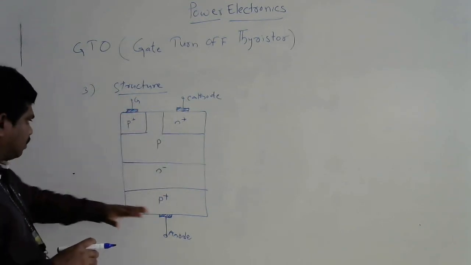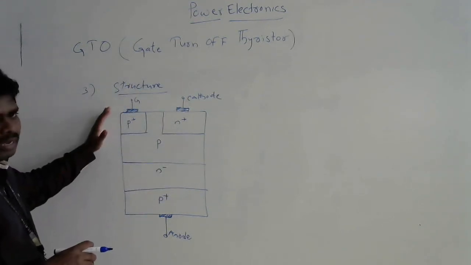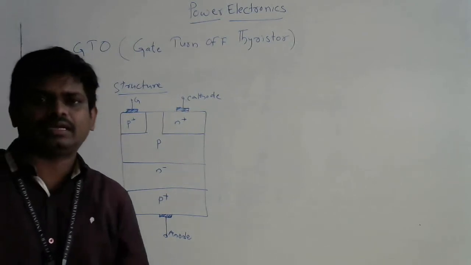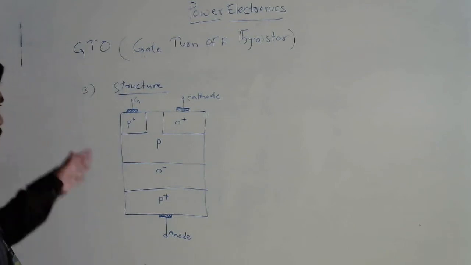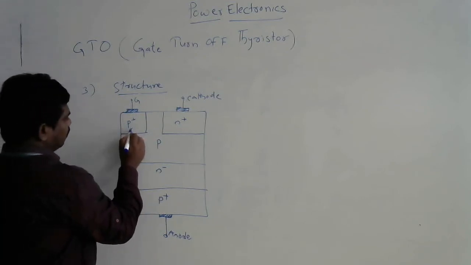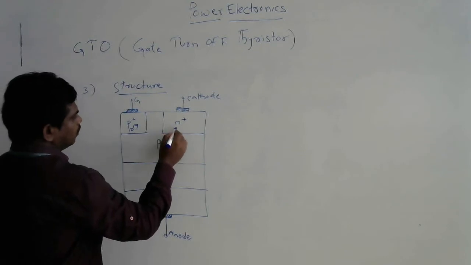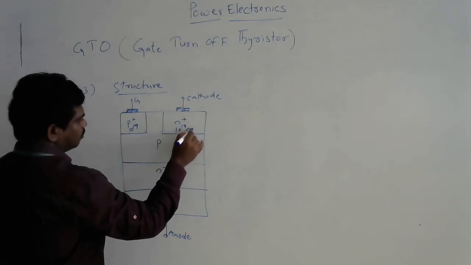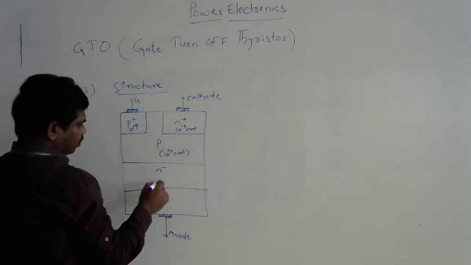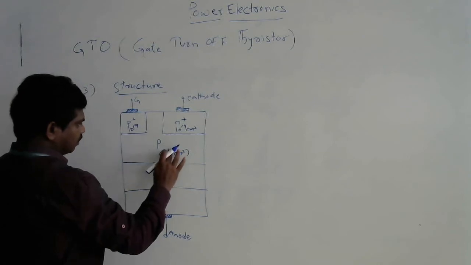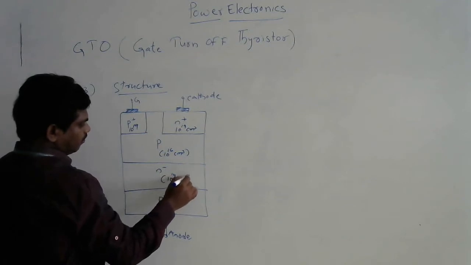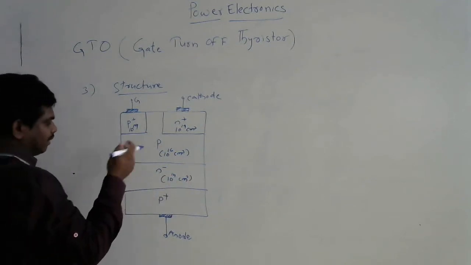This is the way that we are going to make the dopings in GTO to carry megawatts of power, to carry the high currents, to withstand the higher voltage values. That's why you can see this is 10 power 19 centimeter cube. It is also 10 power 19 centimeter cube, right? This will be 10 power 16, and this is 10 power 14. So these are common values wherever the plus comes and wherever the minus comes.